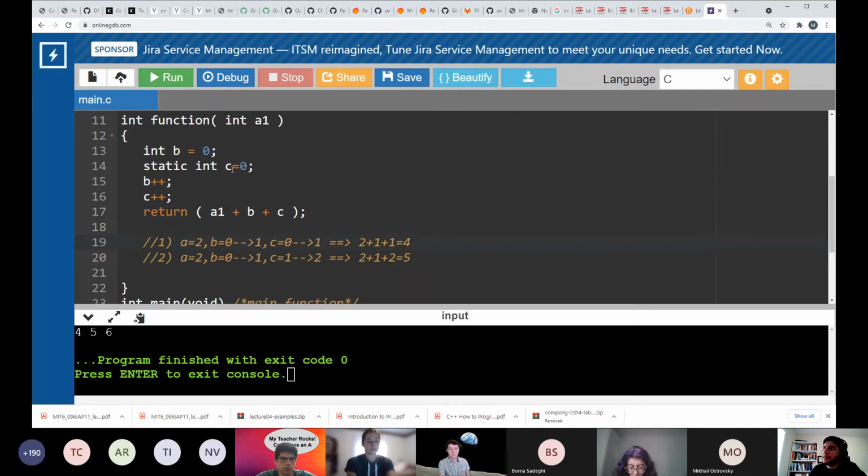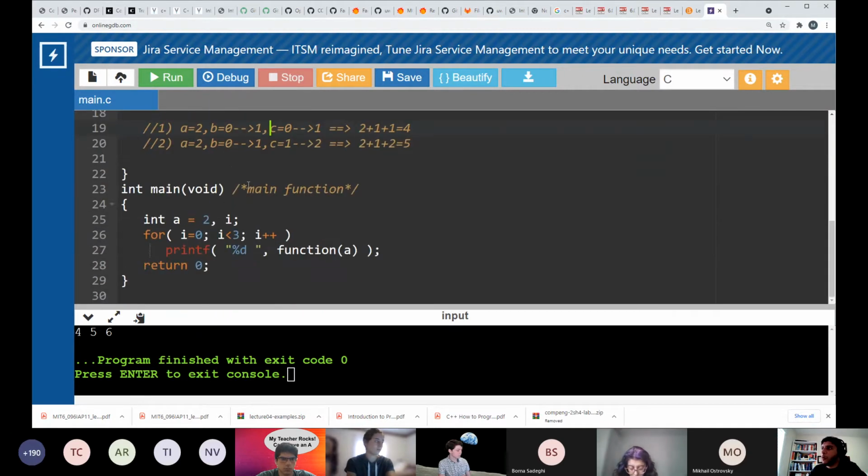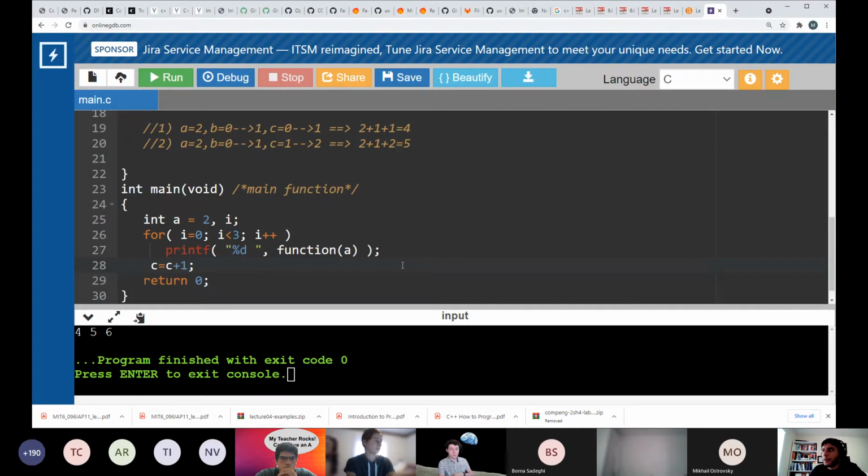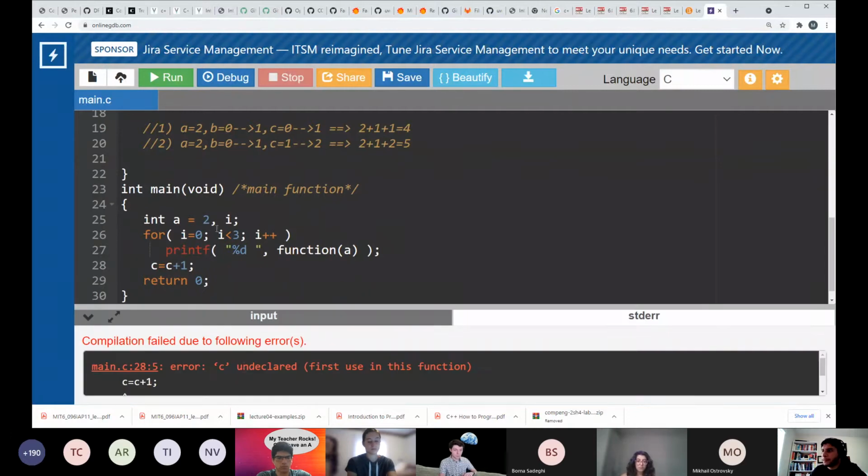So here I'm defining C as static, right? What if I try to say here, even after I do the function call, C equals C plus 1, right? This is a static variable. I know it exists in memory across the whole program. If I run it, well, C is undeclared, right?